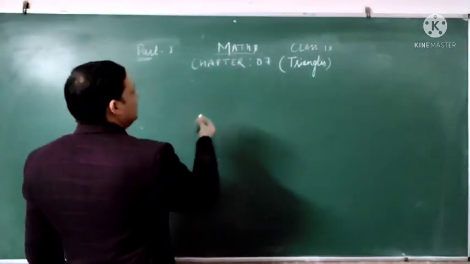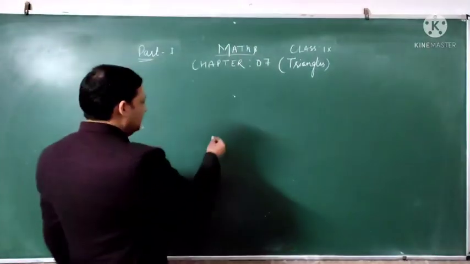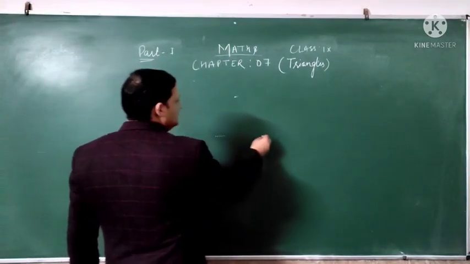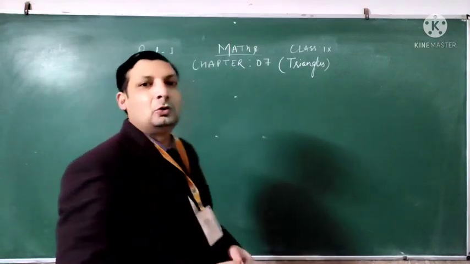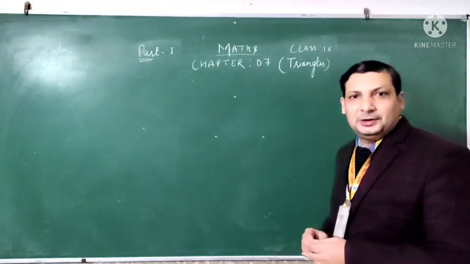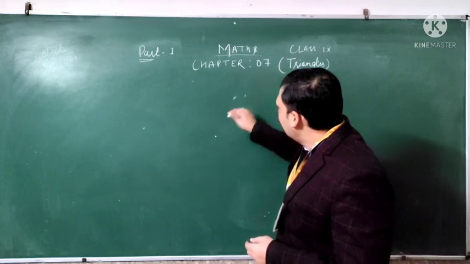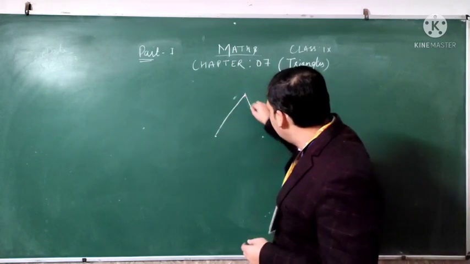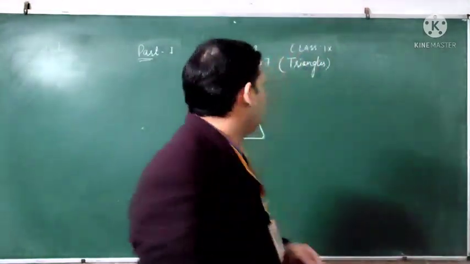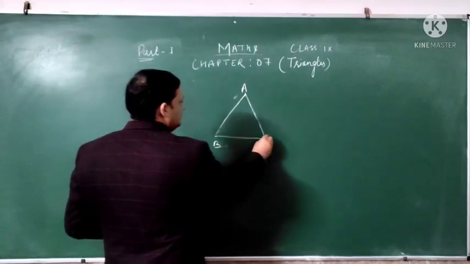So I will draw 3 points, 1 point here, 1 point here, and 1 point here. When we talk about these points, these are also called dots. But in math, it is also called a decimal point. So when I join these 3 points, it will form a figure. The name of that figure is called a triangle. So in the first I have taken 3 points, point A, point B and point C.